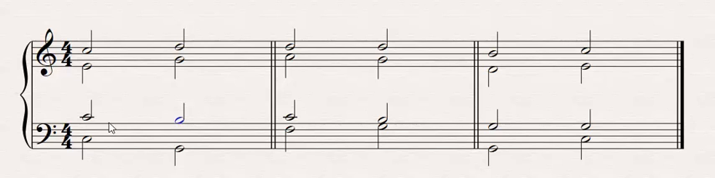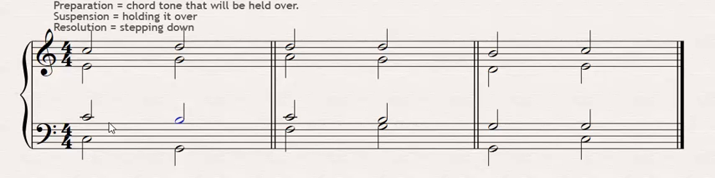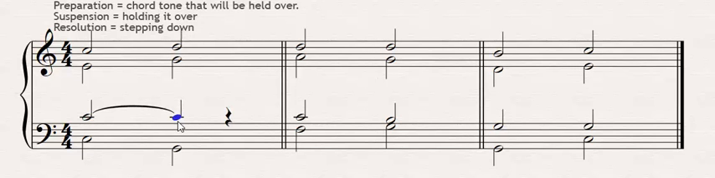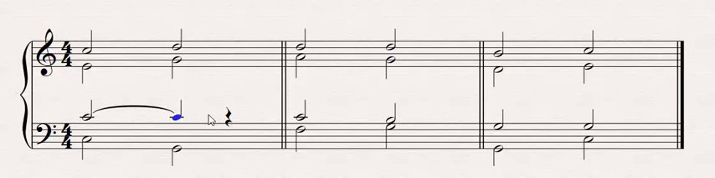So the suspension is made up of three parts: the preparation, the suspension itself, and then the resolution. The preparation is just the note from the previous chord, so in this case the C. The suspension means that we're holding it over, suspending it, so it clashes with this next chord on the downbeat, and then it resolves down by step. So this one sounds like